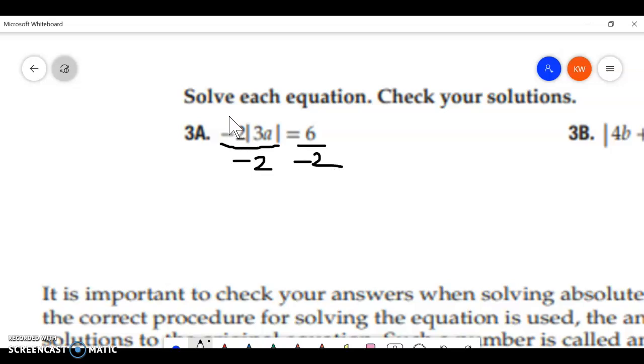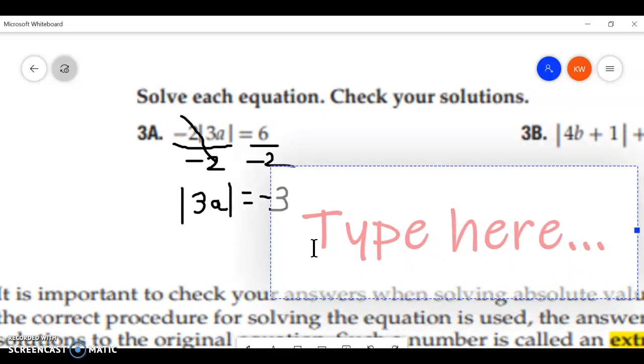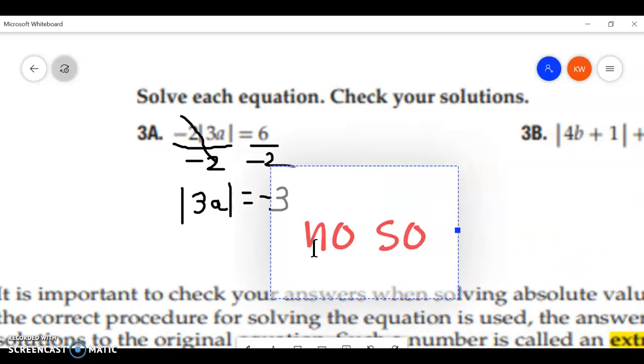So negative 2 divided by negative 2 on this side cancels out, leaving you with just the absolute value of 3a. Now on the right side, we have 6 divided by negative 2, which gives us negative 3 as an answer. Since we can't take the absolute value of a number and get a negative, that means there's not going to be a solution. So there is no solution